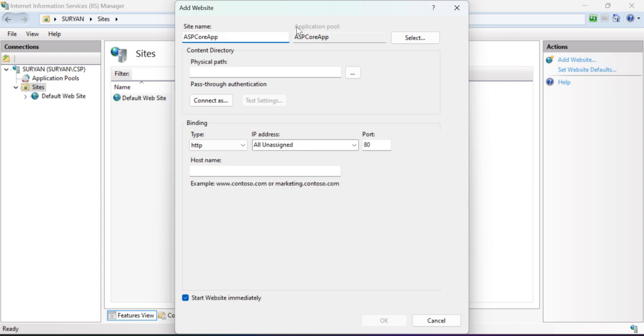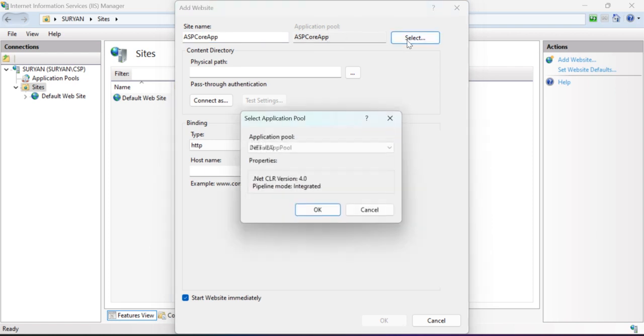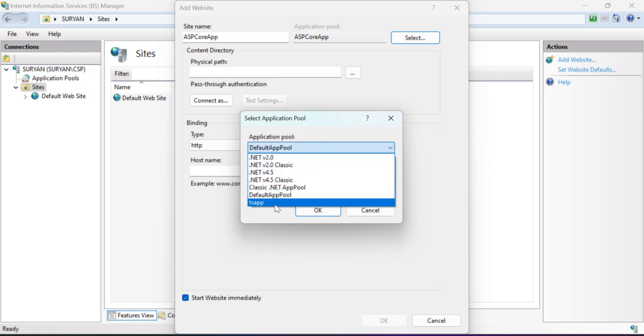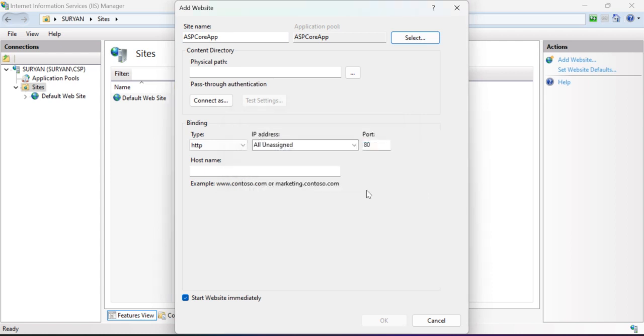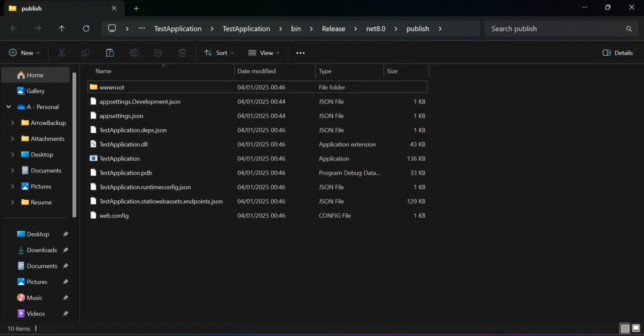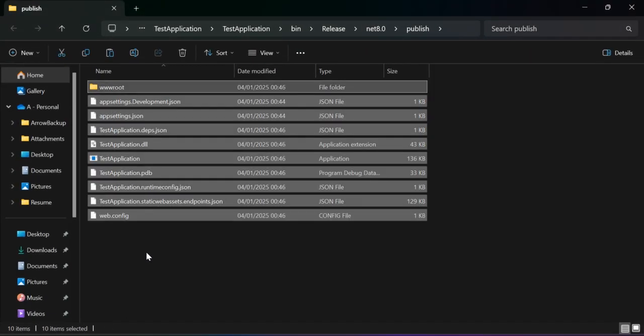On the right side you can see application pool. This is hidden. The application pool will get created. You can choose the default application pool also. So now we have to choose the content directory, physical path. That means we have to choose the generated build files path. So now let's switch to here. I'll copy this